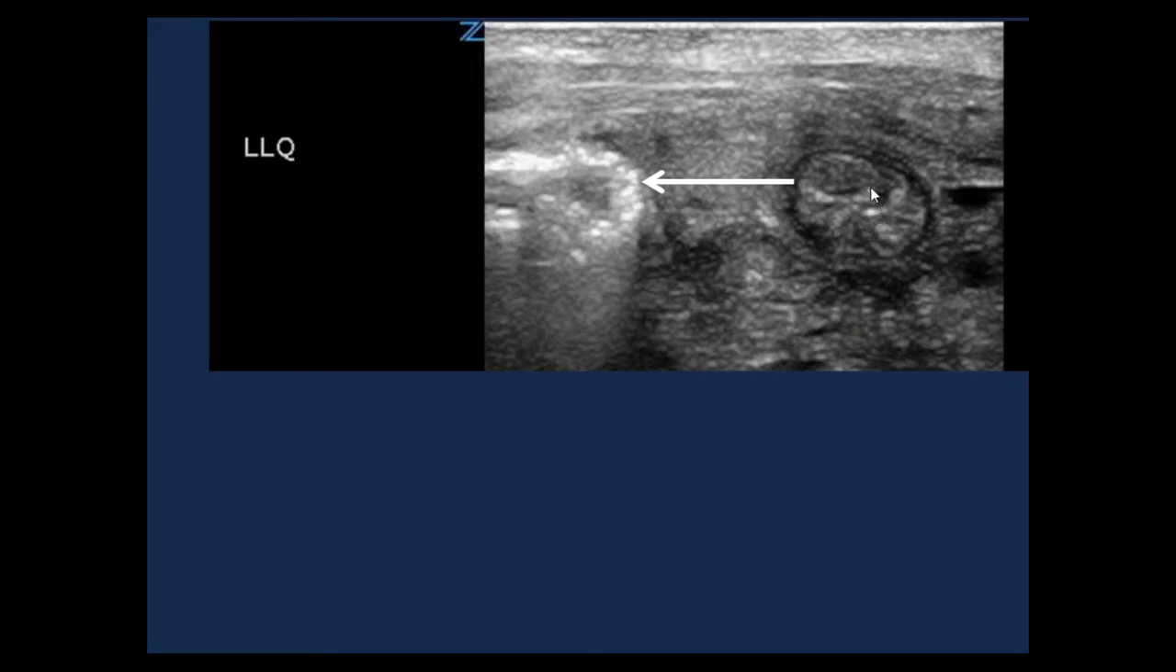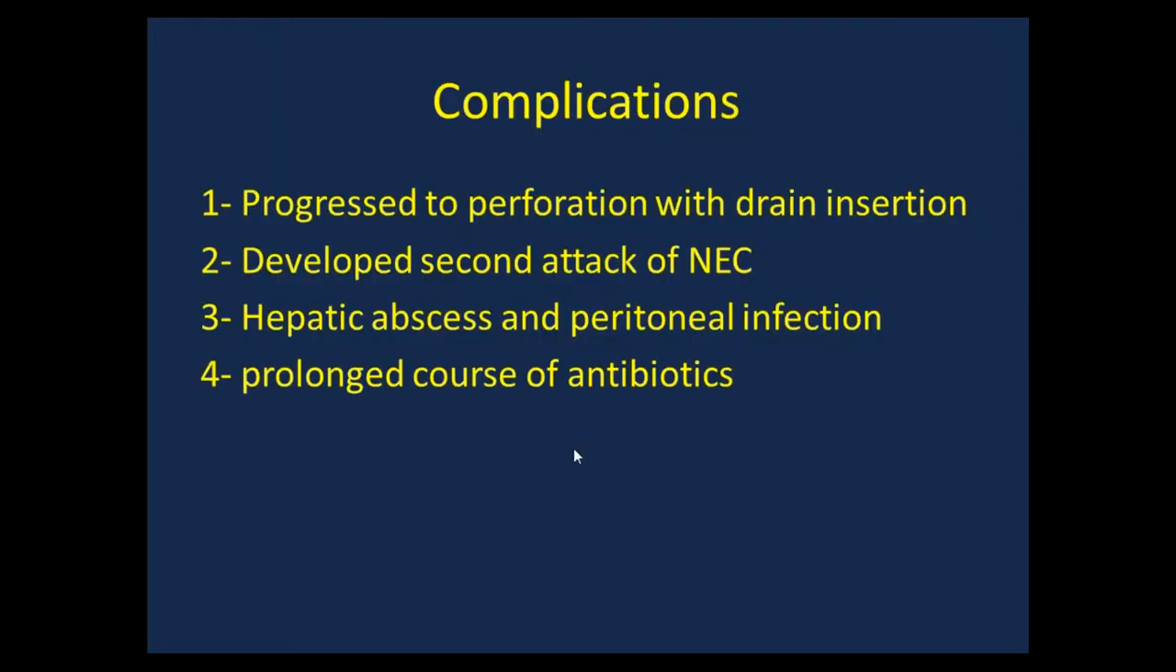In this image you can see side by side a normal bowel wall with maintained signature, the hypoechoic muscularis with the layers. If you look closely at the image you can see the 5 layers. And just beside it, you can see another loop with extensive pneumatosis. Complications of this case progressed to perforation with drain insertion. This infant developed a second attack of NEC with hepatic abscess and peritoneal infection, and stayed on a prolonged course